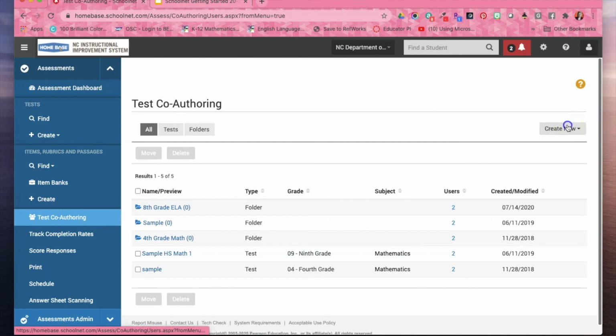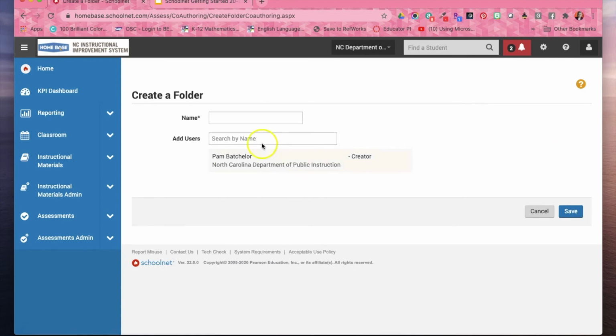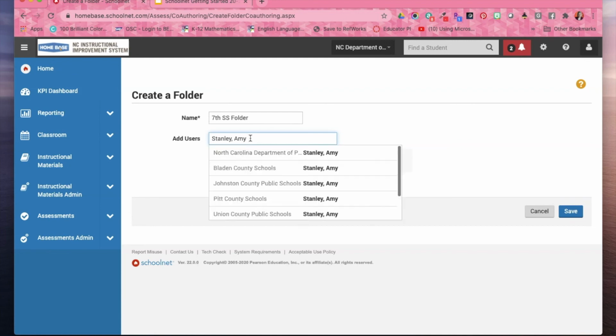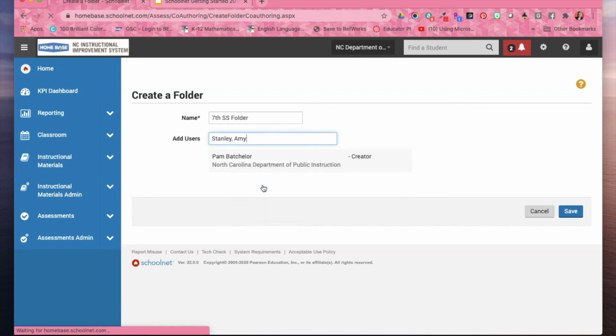you go ahead and click on Create New and Folder. And maybe this is going to be my 7th grade social studies folder. And then when we go to add users, we're going to search by last name, comma, first name, right? So I'm going to let that search for a minute. It does take a minute to look for users because it is finding folks across the state, right? So when we look, and if someone has a common last name, you know, like Smith or Stanley in this case, you're going to want to make sure you choose the right one. So the one I want is in Johnston County, and we're going to add her,